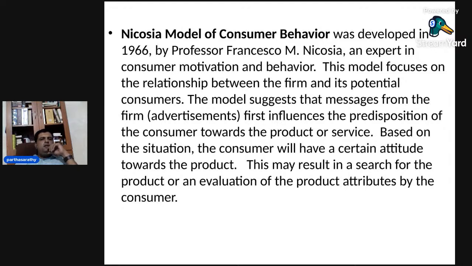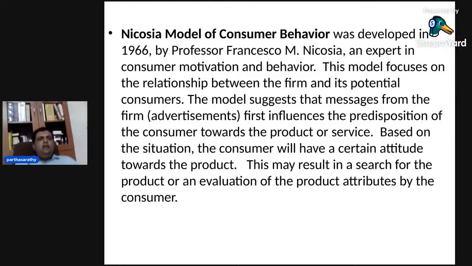So advertisement first influences the predisposition of the consumer towards the product or service. How do we get the information? It's only through advertisement, through radio, through newspaper, through electronic media, through television, all these things. Based on the situation, the consumer will have a certain attitude towards the product. Again, I told you, attitude may be favorable or unfavorable. That is why all these